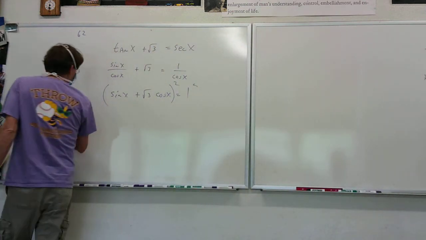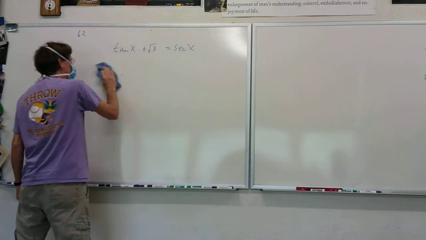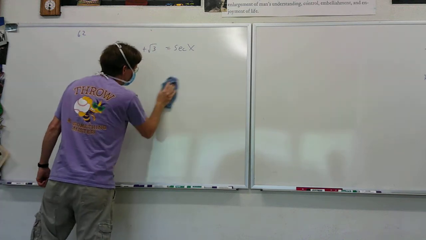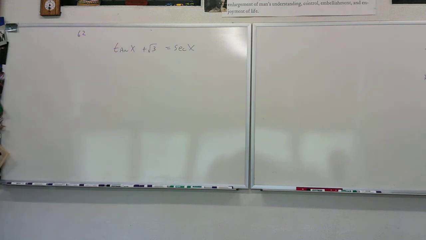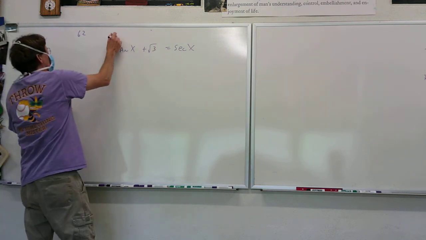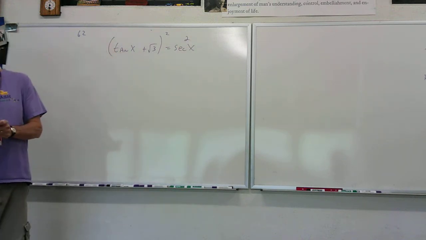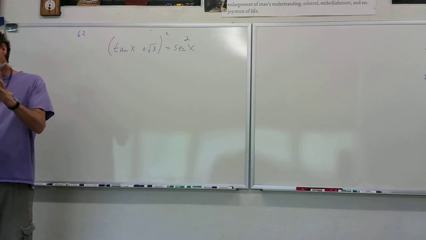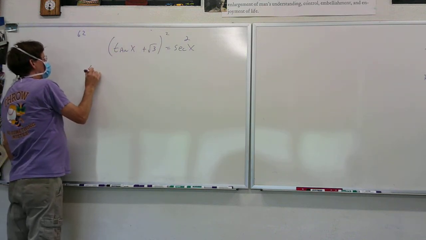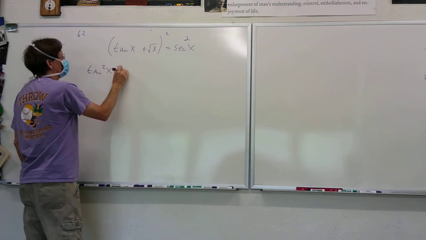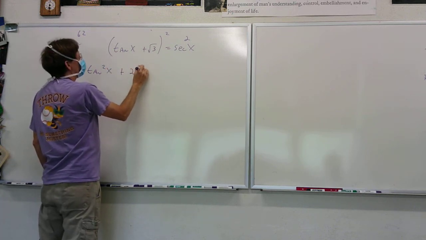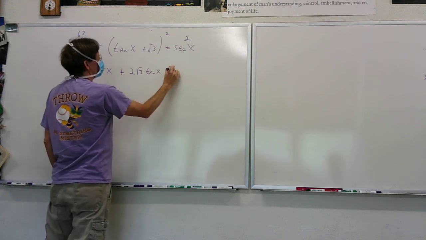Once you realize that none of that works, the best thing you can do is go back up here and square the very original. Oh, I knew that was going to happen. No, I didn't. I didn't know it was going to happen because you can do it with the sines and cosines. But in this case, since I couldn't make that look very pretty, I'm just going to square the very original. Square this side, square this side. Please do not do this until you have tried every other thing, looked at identities, because this is rare that you do this. Tangent squared x plus 2 times the square root of 3 tangent x plus 3,